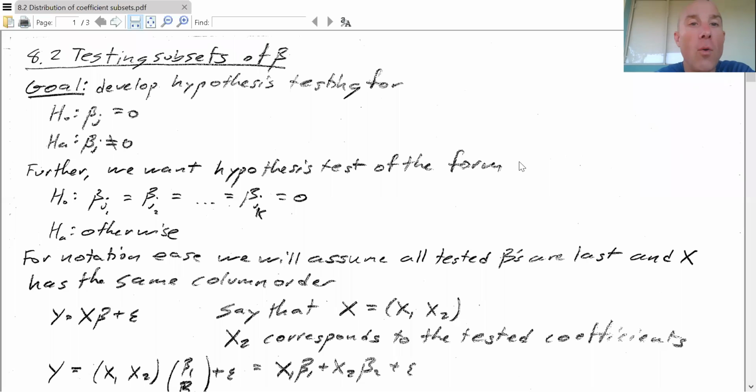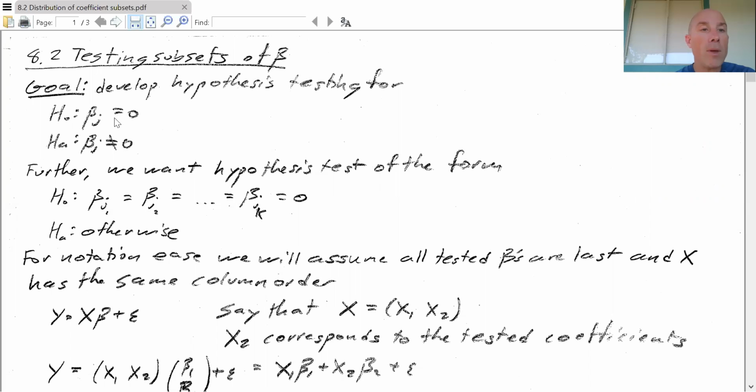Hi, in this video, we want to take a look at testing subsets of our coefficients from linear regression to see if, for that subset, all of the coefficients are equal to 0. Okay, so normal hypothesis testing, that most people are more familiar with, we take a look and see if one particular coefficient is equal to 0. Here, we want to look at one or more. Okay, so